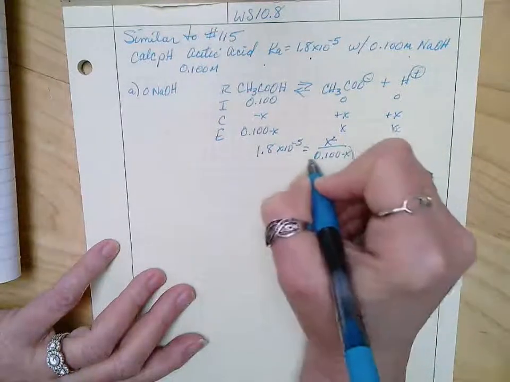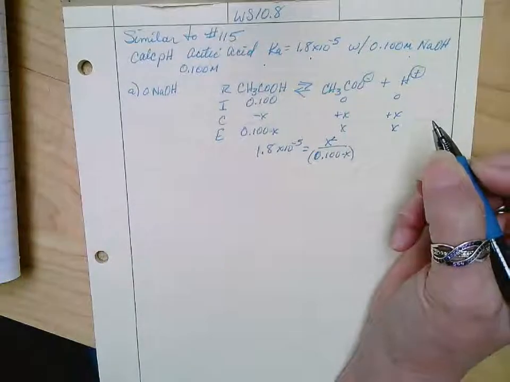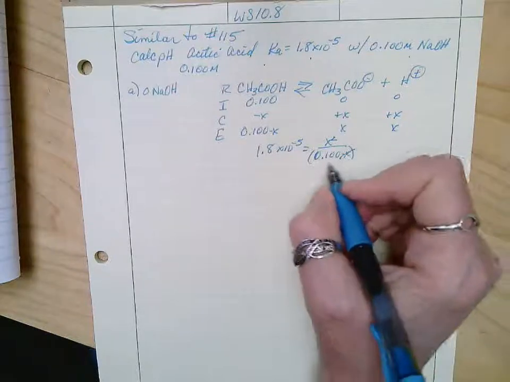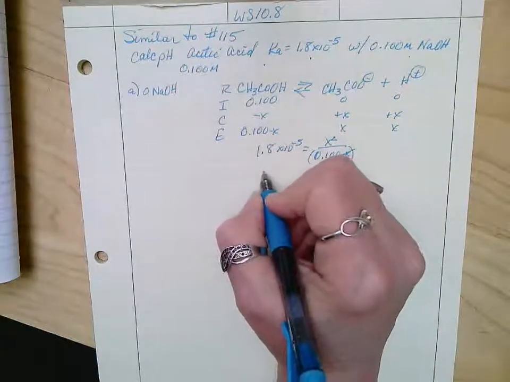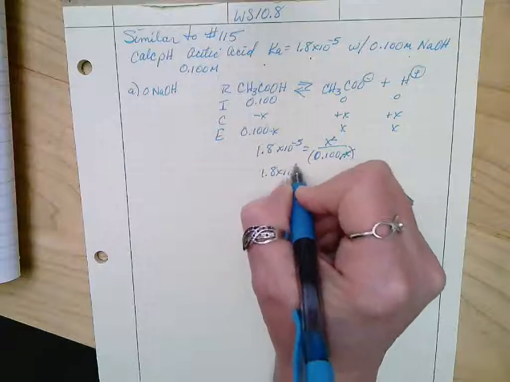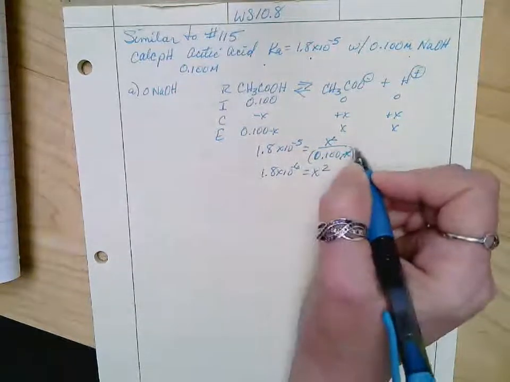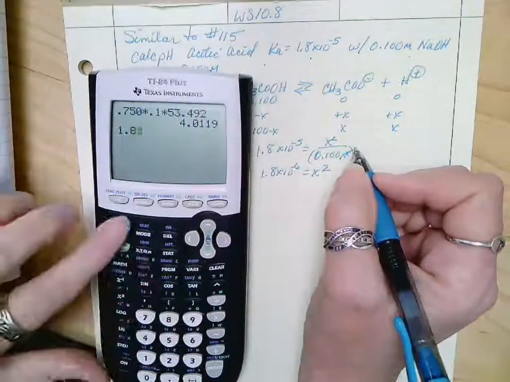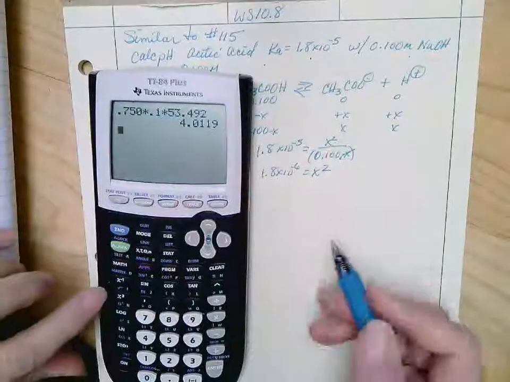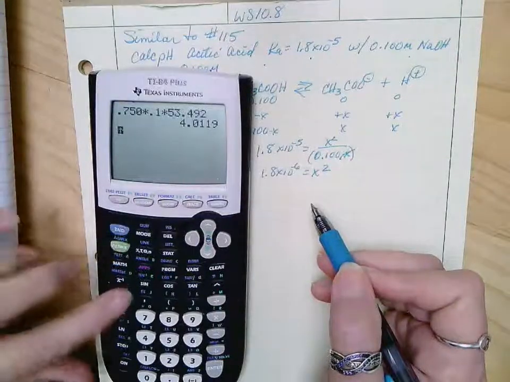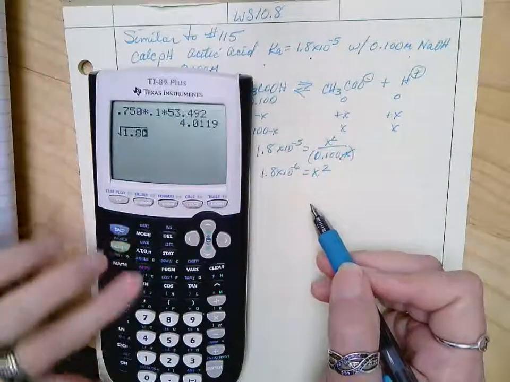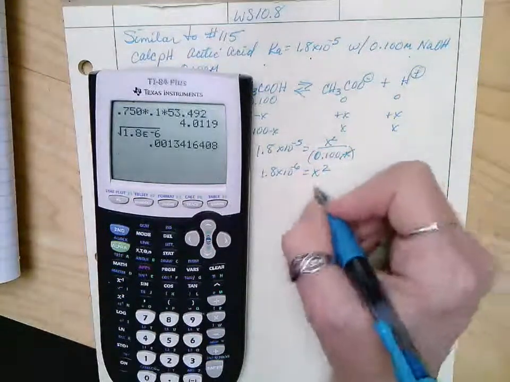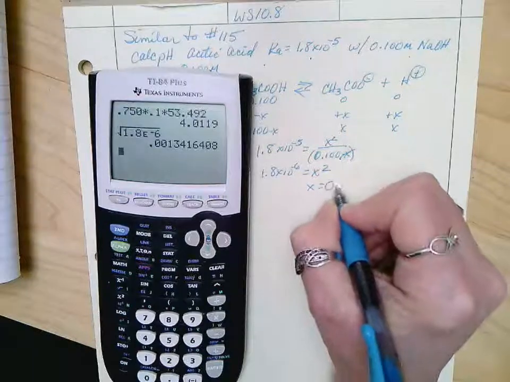0.100 minus x. If you like, you can go through the quadratic formula and figure out if x makes any difference. I'm just going to assume that it does not. And so this would be 1.8 times 10 to the negative 6 equals x squared. So I need to take the square root of it. So second square root, 1.8 second EE negative 6 equals, and so x equals